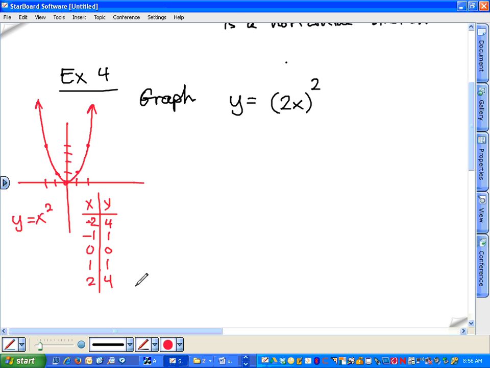How does that then compare to y equals (2x) raised to the second power? Now you could argue, well, let's just simplify this and evaluate the exponent. I want to leave it how it is